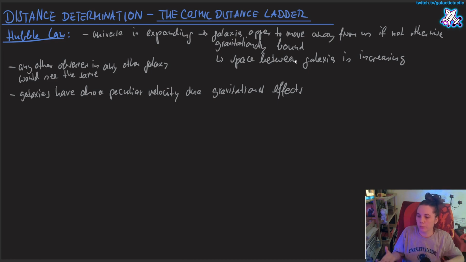So we have a local group, right? Andromeda belongs to our local group, and also a lot of dwarf galaxies belong to our local group. And this local group is gravitationally bound, right? And our galaxies have a peculiar velocity due to the gravitational effects. But the space between them is not increasing due to expanding of the universe, because we are too gravitationally bound to each other, right? That gives us a peculiar velocity.